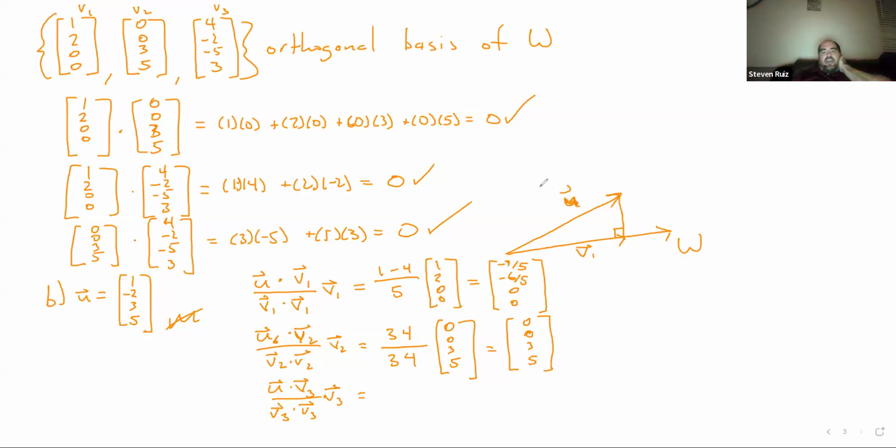So I'm trying to find what part of u is parallel to v1? We've done that. And then we have to do the same thing with v2 and v3. Whatever the sum of these three things that I come up with, this will be the vector in the span